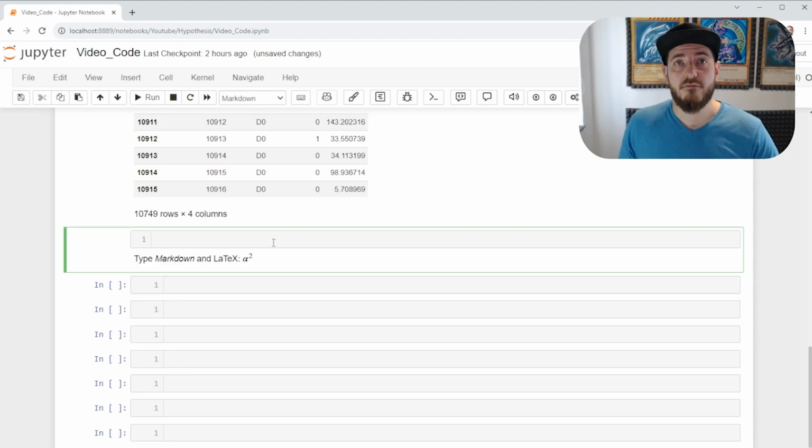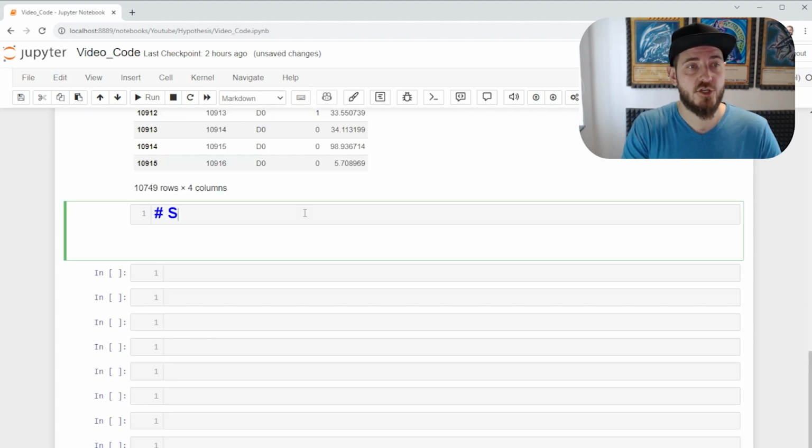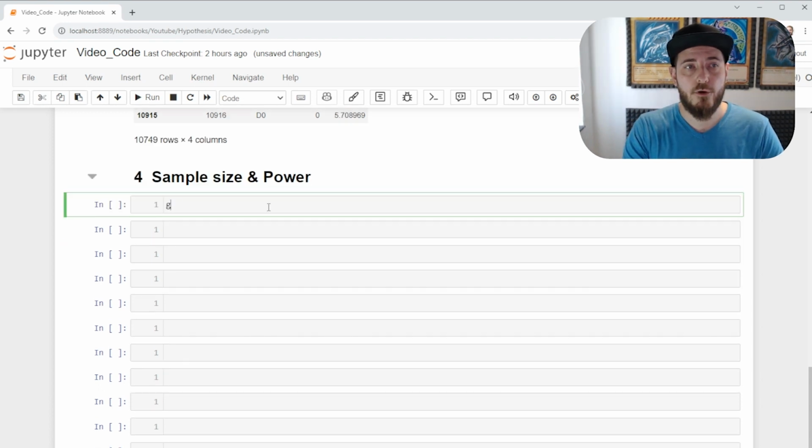Let's start off with doing a power test to make sure that we have enough samples. If we look at the chart here, whether we have a large sample size or not will determine our next step and ultimately the test we're gonna do. Let's call this section sample size and power. Our group 1 is equal to our clean data frame